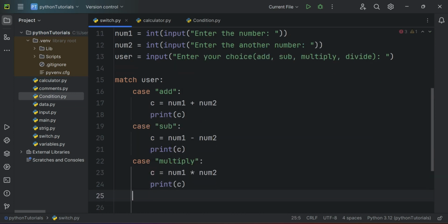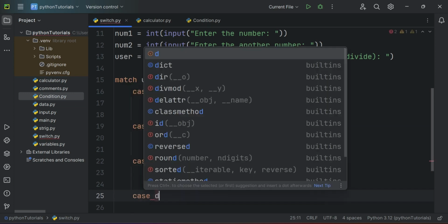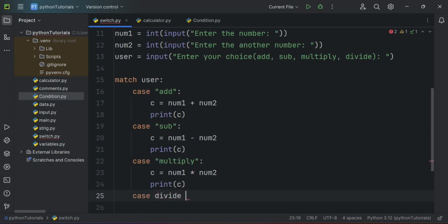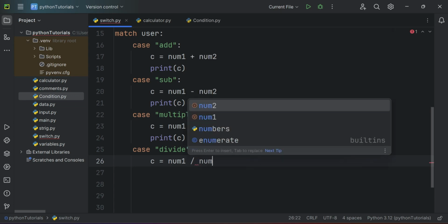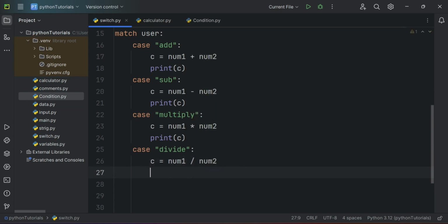And finally, case divide, and you need to put it inside double quotes. Then c equal to num1 divided by num2, like this, then print